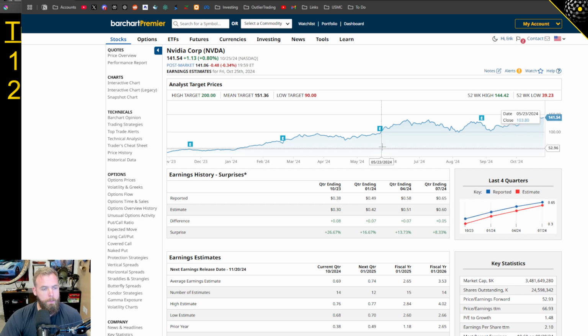The first thing is, if you take a look at the different releases, notice how when there are these larger surprises, meaning in this case it's to the upside, take a look at the behavior of price over the following quarter. It's drifted up. So one of the big hallmarks that you will find is that if there's a significant earnings surprise, either to the upside or the downside, very often you will see a drift in that direction for the following quarter. So then you can see again in this quarter right here,